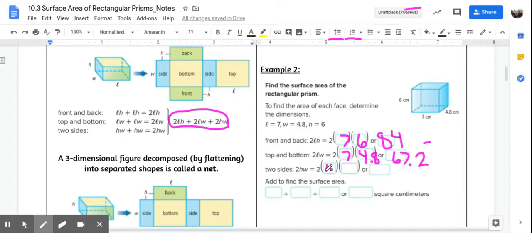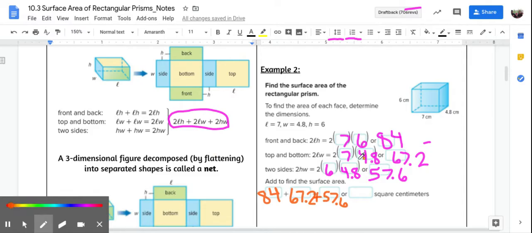My height was 6 and my width again was 4.8. I'm going to use my calculator again and know that 2 times 6 times 4.8 is 57.6. Then I've transferred all of my final answers here and I have to add them and I get my total answer of